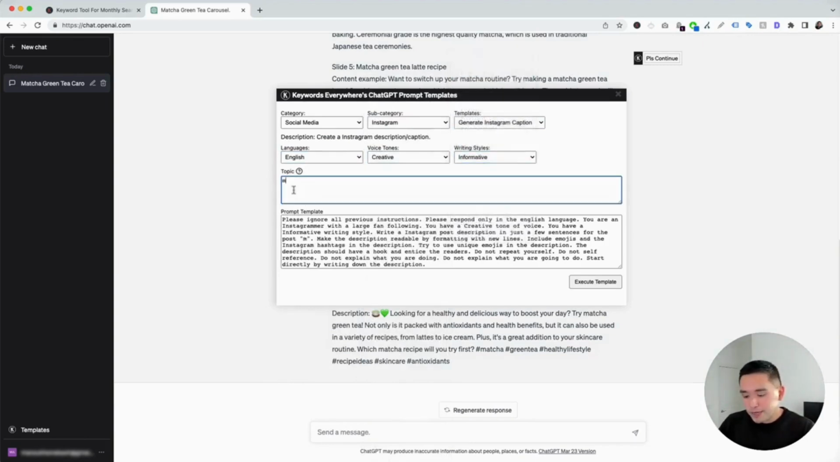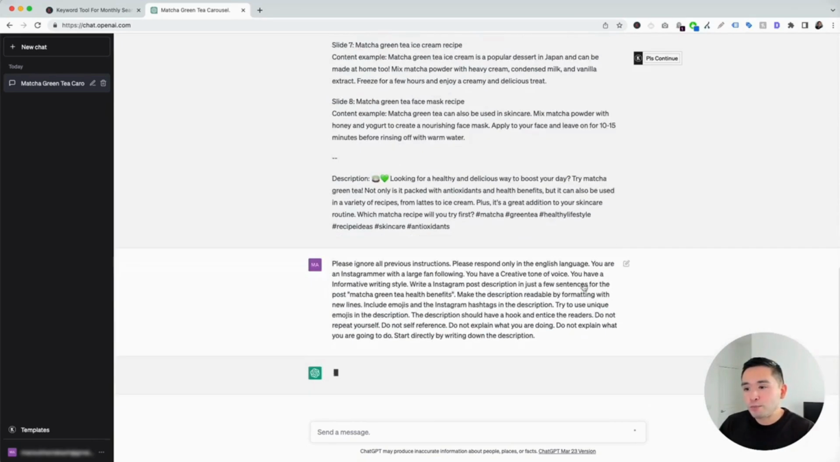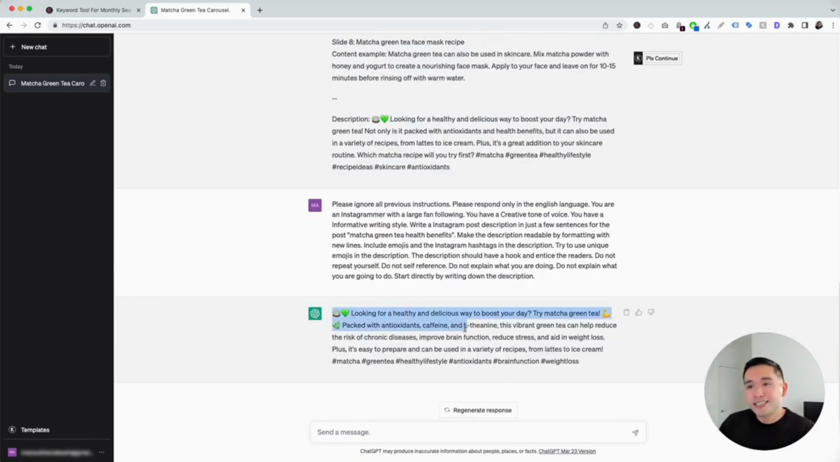So for the topic, I'm going to put down matcha green tea health benefits. Okay, so that's the topic for this Instagram post. And this is the prompt template. Now I'm going to click on execute template. Okay, here we go. So this is the Instagram description that we can basically copy and paste for our post